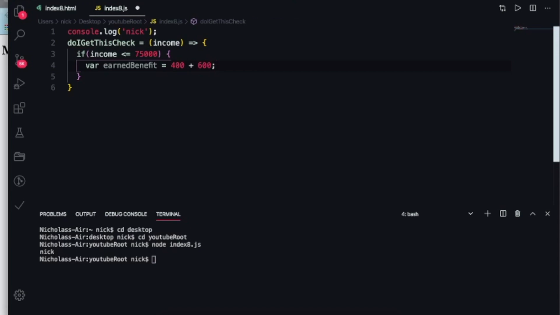All right, so that's gonna equal 1,000, right? So earned benefit will equal 1,000 because 400 plus 600 equals 1,000. So let's say you get that $1,000 per week, but you want to calculate how much it is per month. So here, we can say another var, monthly, call it monthly benefit amount. Let's just say that equals